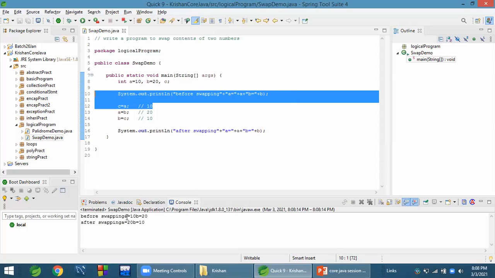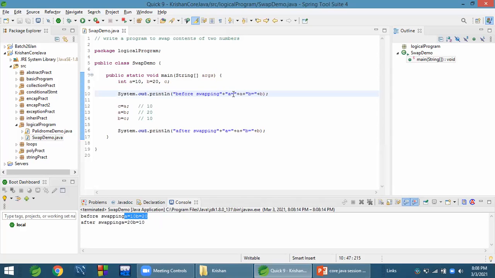Before swapping A equals to 10, we give some proper alignment. After this, we will use some space. Then A equals to 10, then there should be some space, plus double quote, plus space, save it.